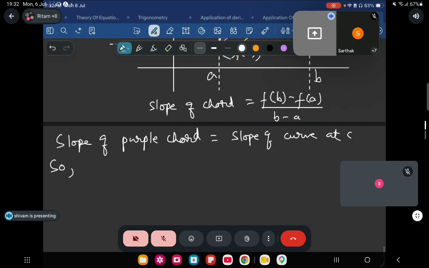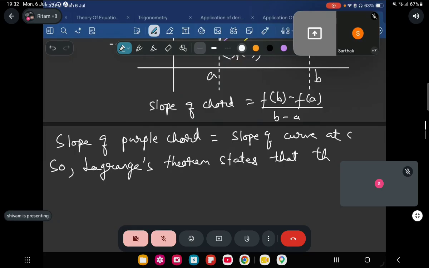So Lagrange's mean value theorem states that there exists at least one point in A comma B where